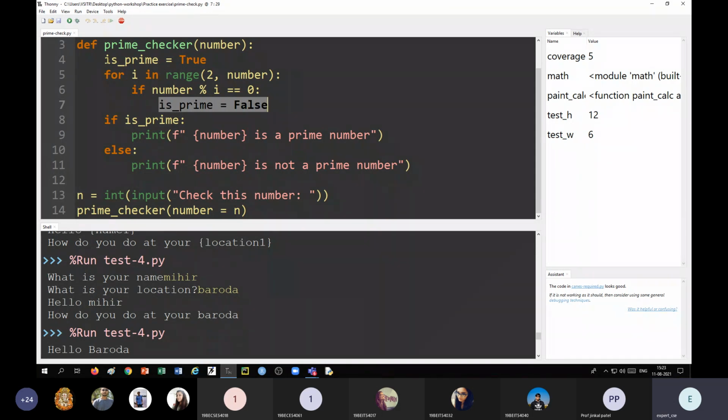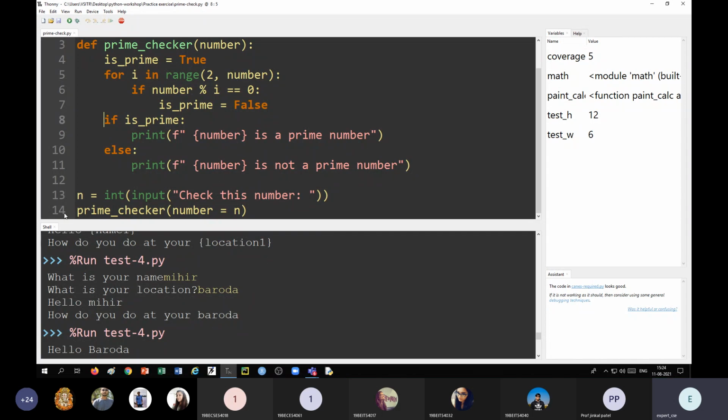So it will remain is_prime equal to True. At the end of the loop, we check if is_prime, then print the number is prime, else print the number is not prime. We'll input the number, convert it into integer, and store it in n.